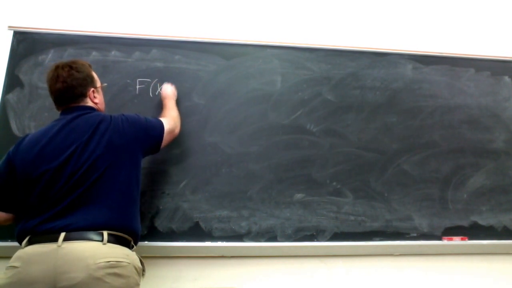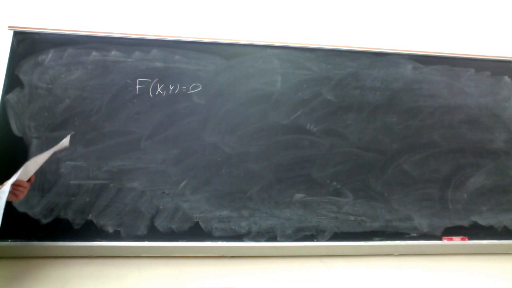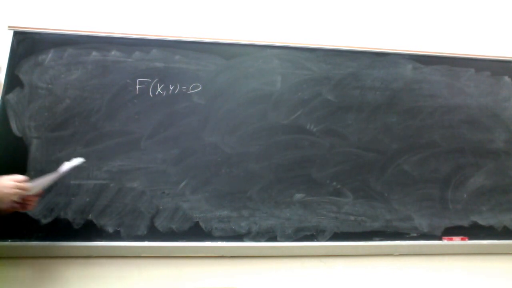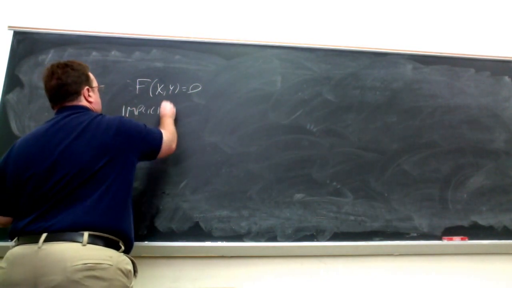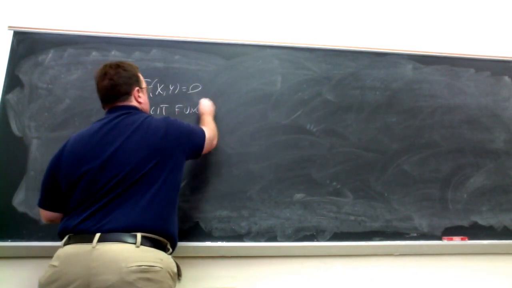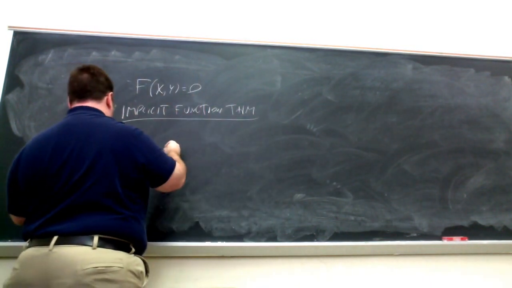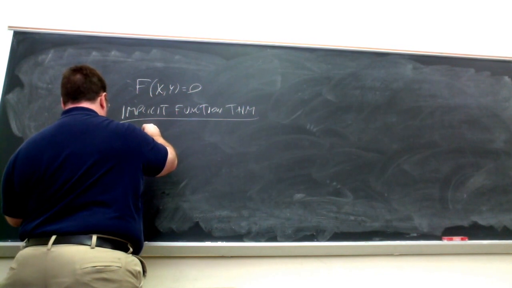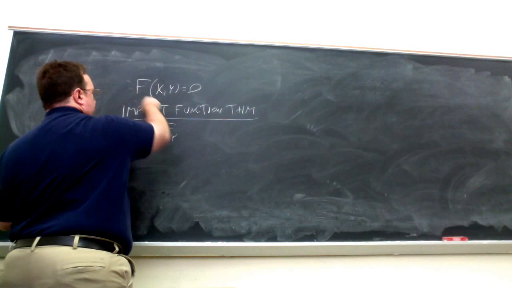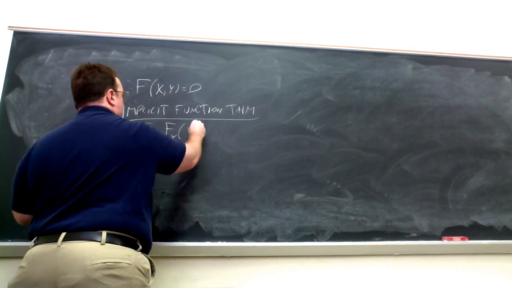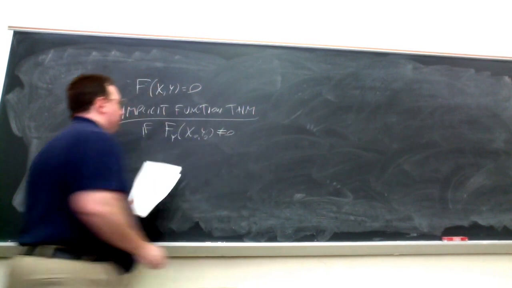So for this kind of equation, F of x, y equals 0, the implicit function theorem states that if the partial of this function, big F, with respect to y at a given point, x naught, y naught, is non-zero,